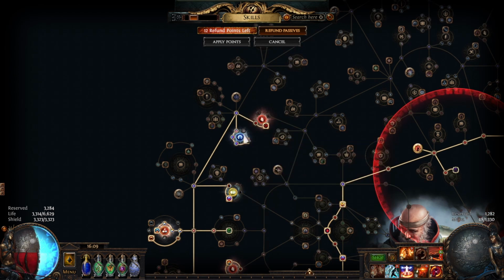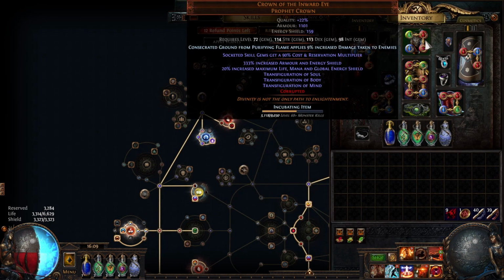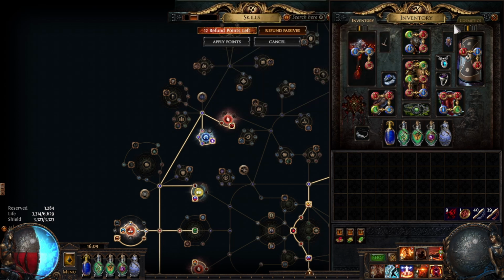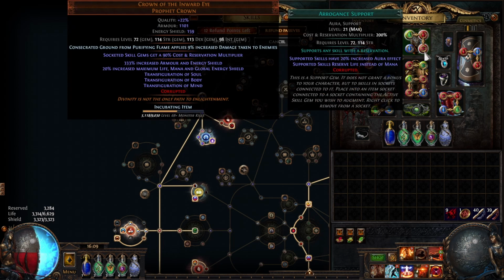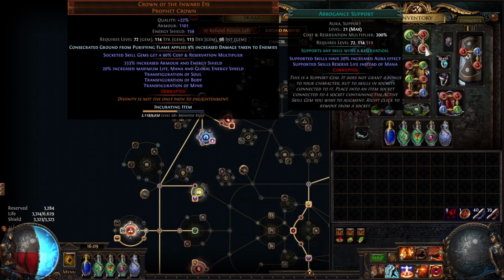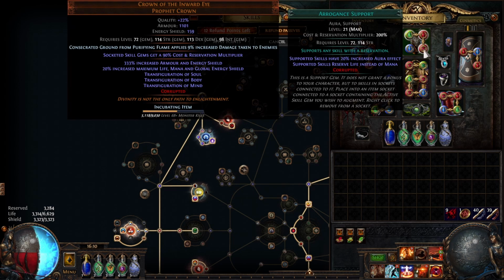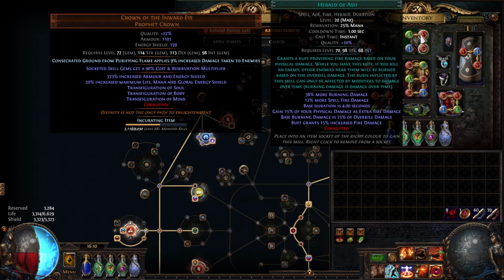We do pick up Sovereignty because I fit in a lot of auras. For the Mastery, I pick up the increased mana reservation efficiency of skills, but that's only possible because I have a Helm Corruption that is socketed skill gems get a 90% cost and reservation multiplier. That means that my Arrogance, which is reserving Herald of Ash and Precision on my life, does not reserve over 50% of my life. Arrogance, a level 21 gem, has a 200% mana multiplier,